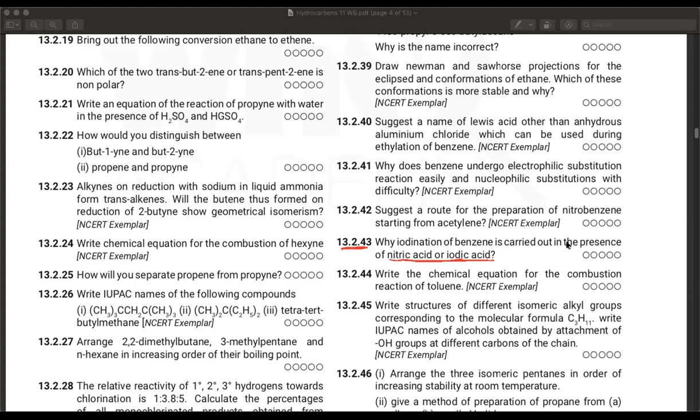Formation of an electrophile for iodine will be difficult because it's sort of a stable compound. Yeah, iodine is less reactive compared to other halogens. So you need a really strong oxidizing agent. So the primary purpose is to generate the electrophile, which in this case is I plus. And the secondary is, as you said, removal of the proton in the last step. But in order to do that, first you need to generate this electrophile. And then that comes in later.